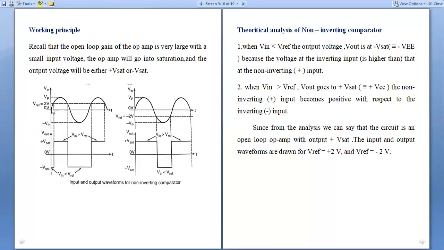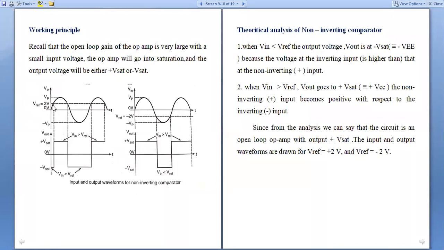And after the input voltage starts rising from 0 volts and reaches the 2 volts region, where the input voltage is equal to the reference voltage, there is an increase with respect to the saturation voltage. See, there is a constant increase when the input voltage is equal to the reference voltage.